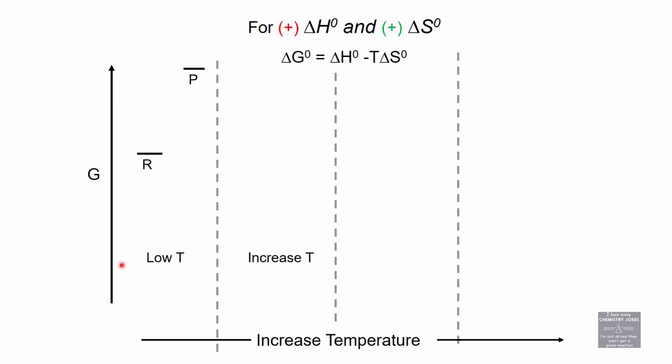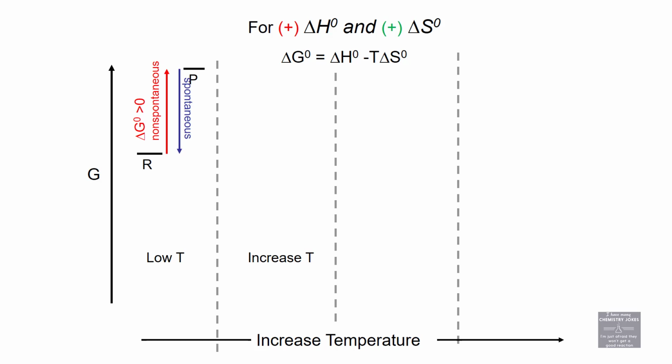Okay, so if we are plotting G at low temperature, our reactants have lower Gibbs free energy than our products. So it's a positive value to go from reactants to products at low temperature. It's spontaneous to go from products to reactants, aka it's spontaneous in the reverse direction. That's what we have said sometimes. Non-spontaneous to go forward, but spontaneous to go backwards. As you increase temperature,